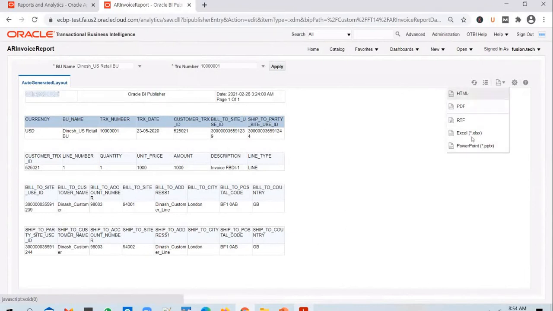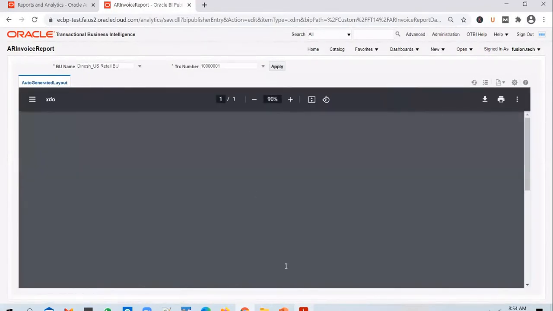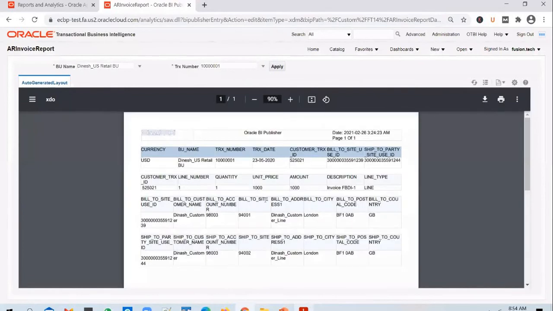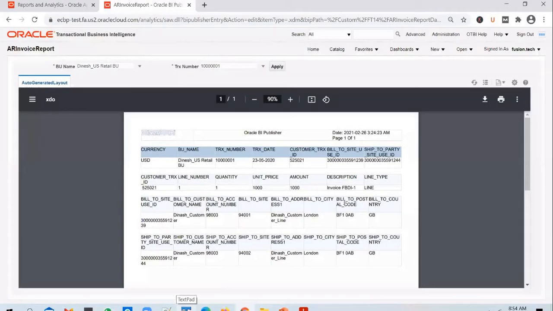But if I want, I can generate the output and print the invoice in any other format I want. So if I want to print the output in PDF format, I can change it to PDF. And when I change it to PDF, a PDF output is getting generated, right? This is far better than the XML output. But definitely this layout needs to be fine-tuned.